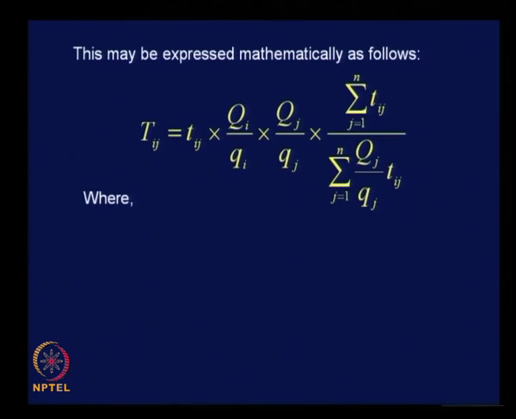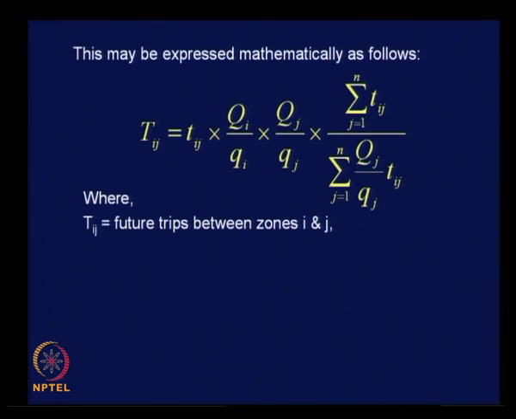This may be expressed mathematically as follows: Tij is equal to small tij, Qi by small qi, Qj by small qj, into the sum over j equal to 1 to n of small tij, whole divided by the sum over j equal to 1 to n of Qj by small qj multiplied by tij, where the notations are as follows. Capital Tij is nothing but future trips between zones i and j, the horizon year trips that we